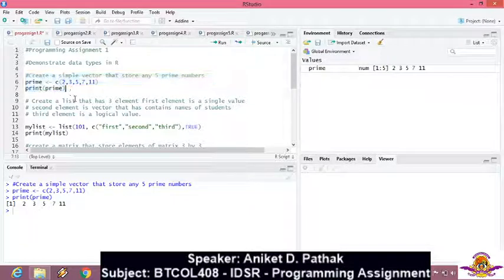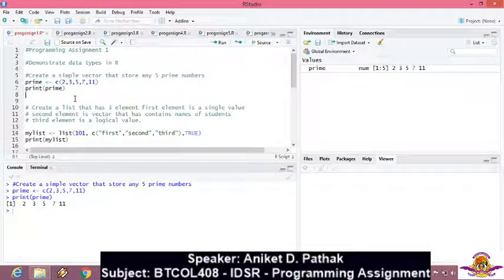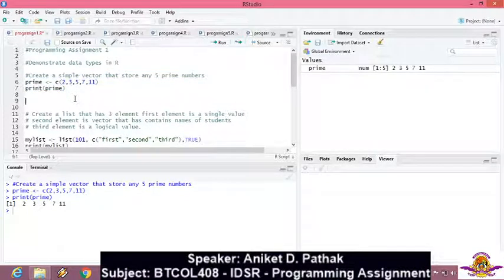Now if I want to create another vector, suppose even, then I would write even, then the assignment operator, then the c function. Suppose I want to store 5 even values, so I have 10, 22, 36, 48, 50.